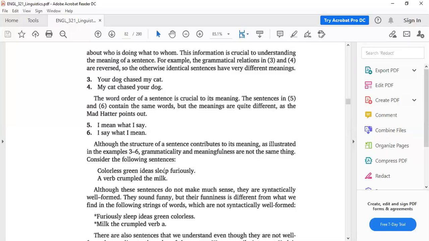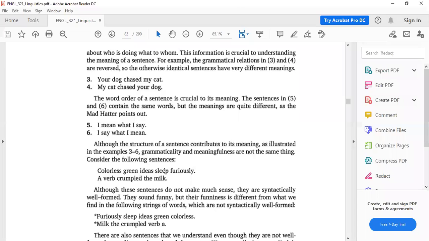How do colorless green ideas sleep? The answer is furiously. But the question is, it is not in the syntax. It is in the semantics. Sleep furiously. You know the meaning of furiously? Yeah, of course. Angrily. No one could sleep angrily or furiously. The problem is in the meaning. What do we mean by sleep furiously? Do we have some people who sleep furiously and some who sleep not furiously? When you sleep, you sleep.